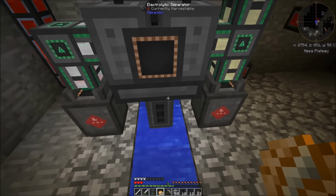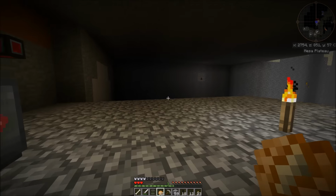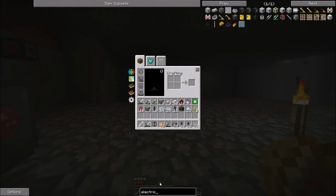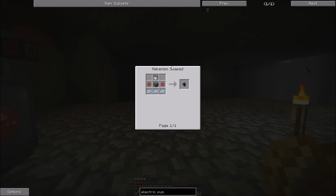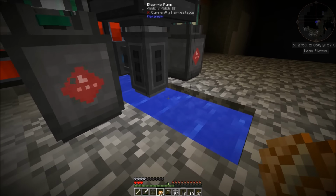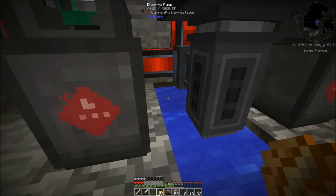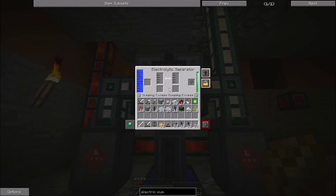And in order to make that, you also need to get an electric pump underneath it. So let's look at the electric pump for a minute, and you'll see that, again, it was stuff that we've already done. What the pump does, so here's the electric pump, it's just a steel casing, some osmium, enriched alloy, and a bucket. And all it does is it sucks water out of a source block. So I created an infinite spring. We got this thing pulling up water, pulls it into the electrolytic separator, and it separates it out into hydrogen